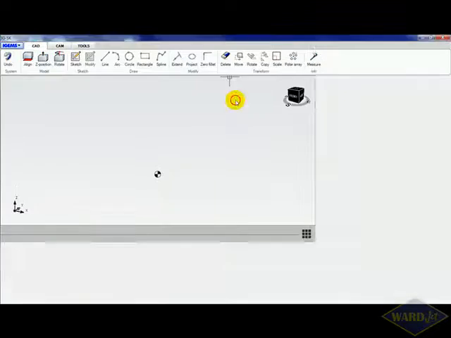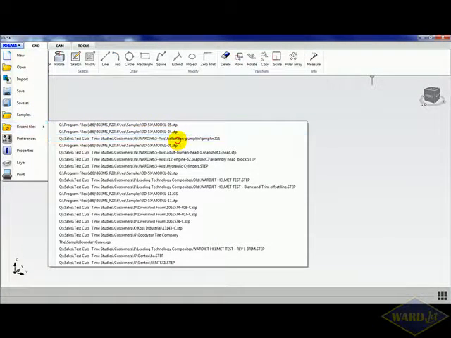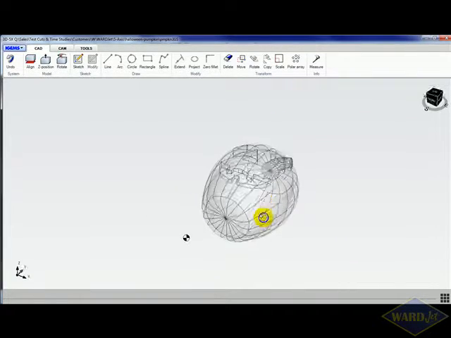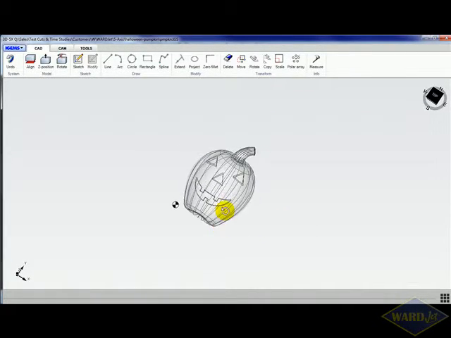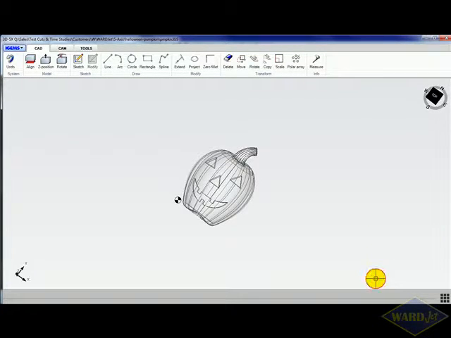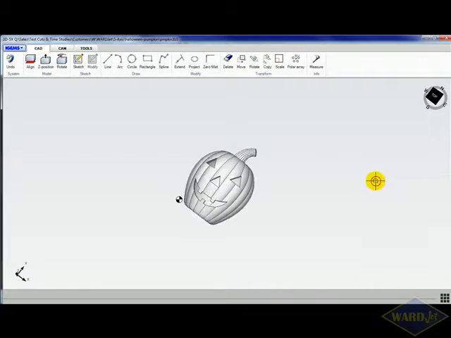And let's see, we'll open up a little file here. All right, so we'll play with this pumpkin part here a little bit. This will show some of the new capabilities. Down here, right-hand corner, they've added some additional selections for displaying things. So you can just uncheck or check boxes depending on how you want things to be displayed, transparent or solid